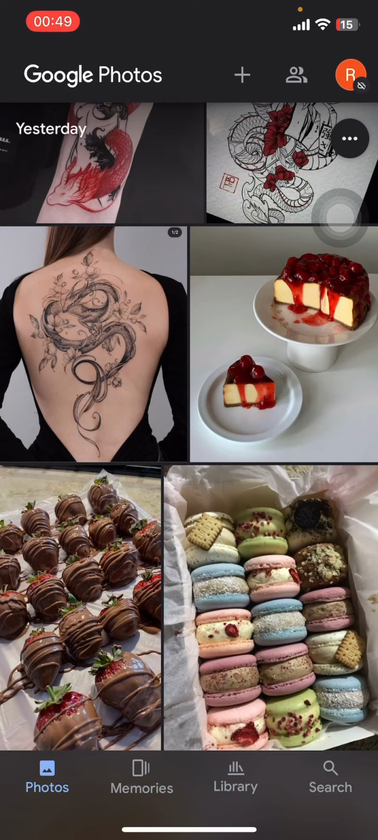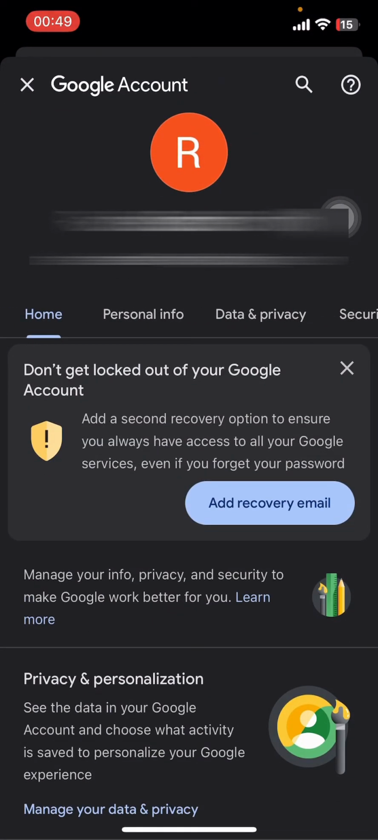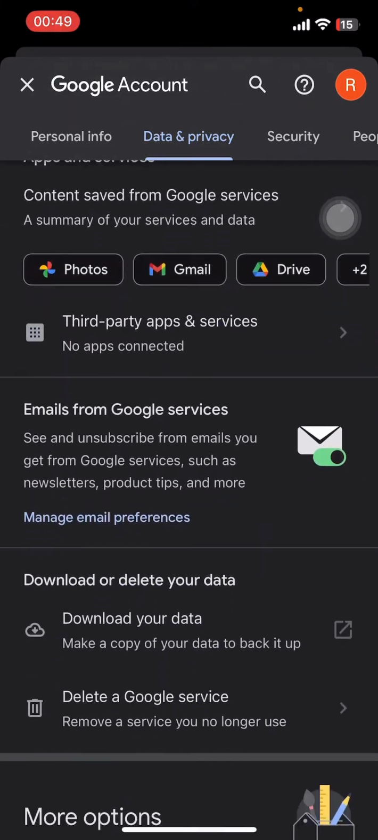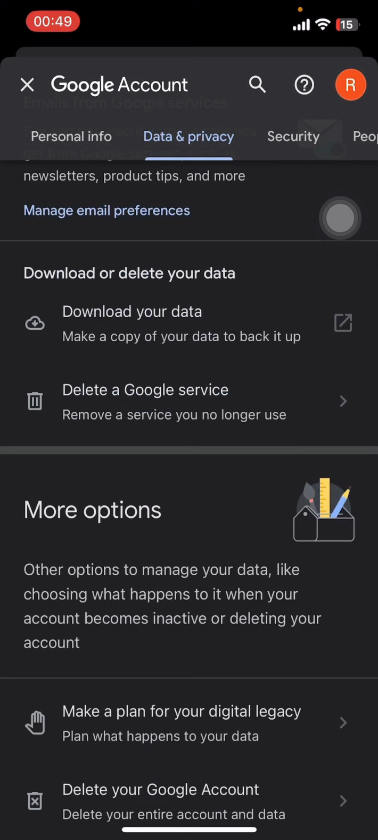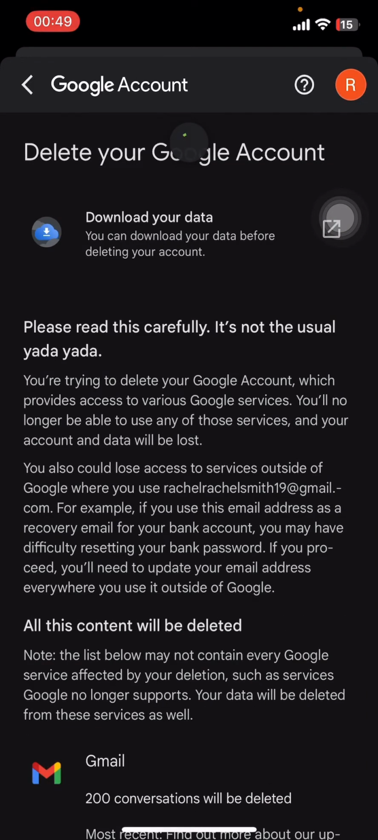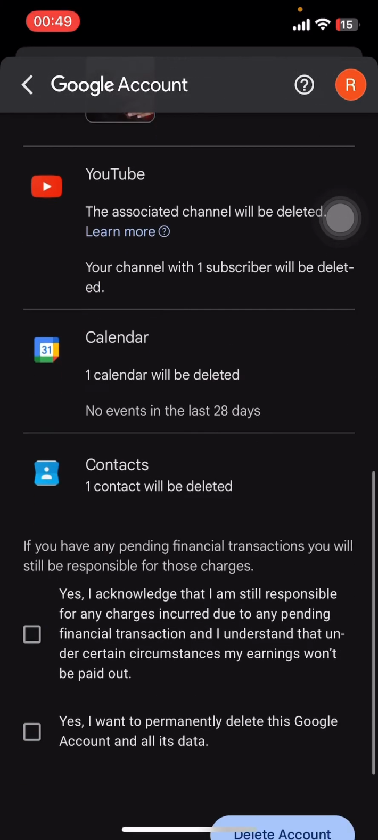Once you sign in, on the top of your screen you can see a few options. Tap on that user icon at the top right corner. Once you do that, you're gonna find Manage your Google account right below your username. Go to Data and Privacy. There you have to scroll down and find Delete your Google account. Tap on it. Once you do that, they're gonna ask you if you really want to delete your account, and